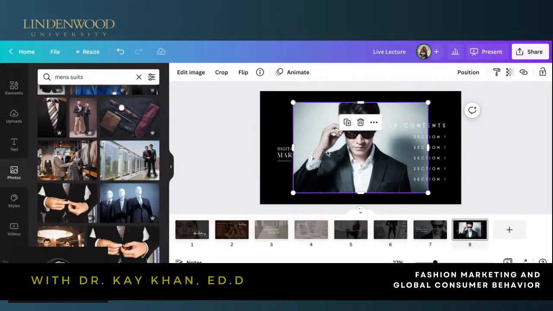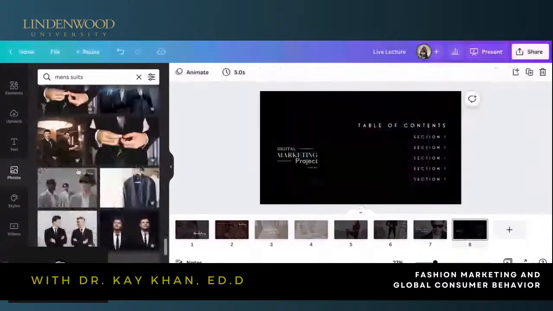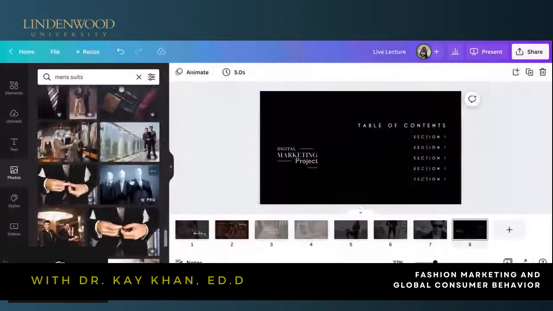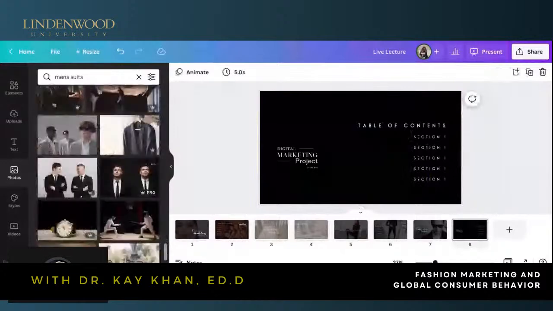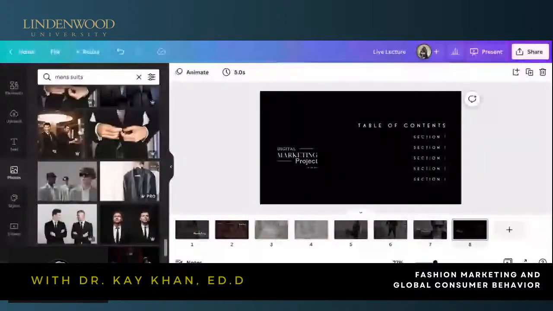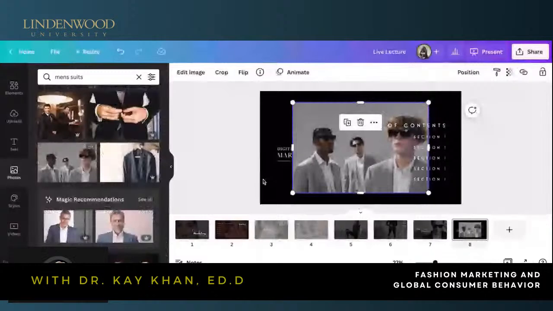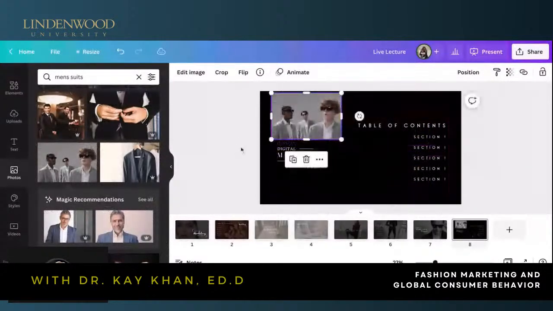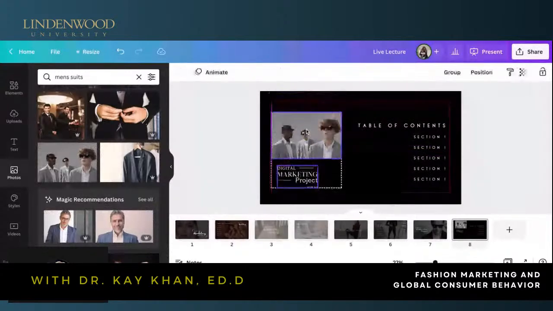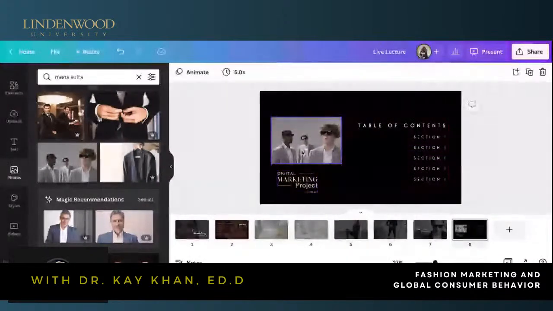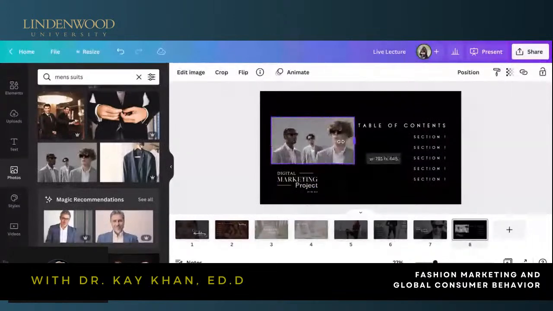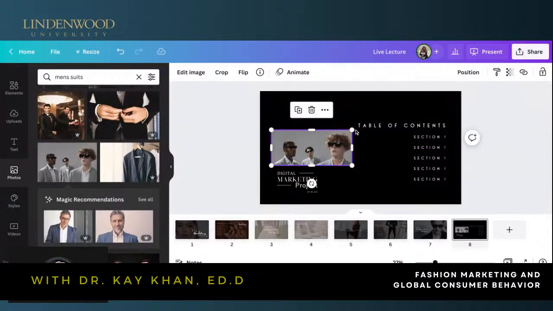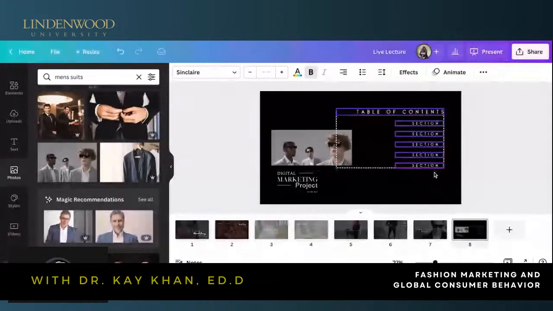So let me do these guys. No, they look too corporate. I need to have a guy that's giving that same vibe. Okay, these guys are kind of giving that vibe. It's a little different, but I'm going to actually do something like this. And this is kind of giving me that Gucci type aesthetic a bit. These dudes right here, they got that swagger. And then I'm going to grab this and bring this up.